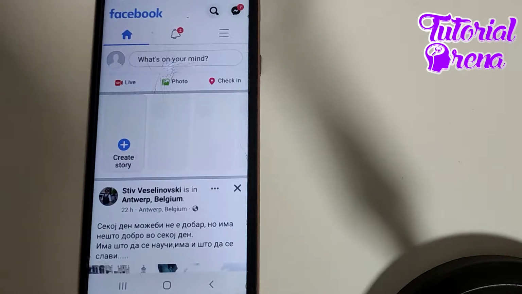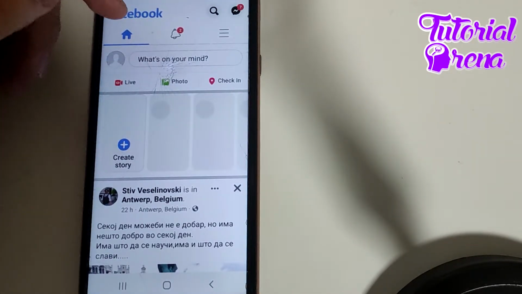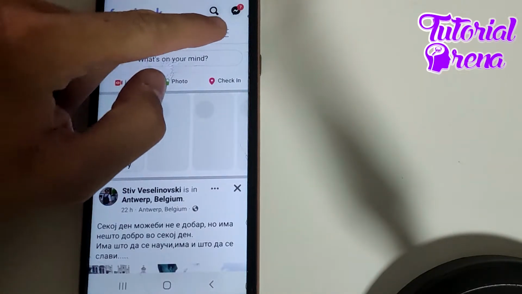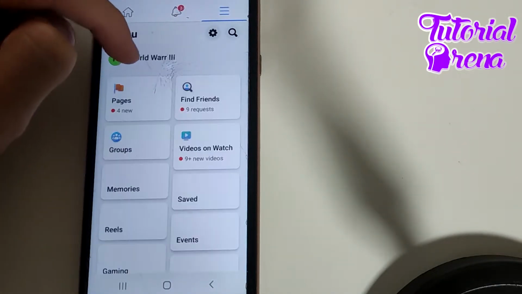In this video, I will show you how to delete story archive on Facebook. Firstly, you need to open up the application on your side. Then you need to tap on the three dots on your upper right side, and when you get there, you